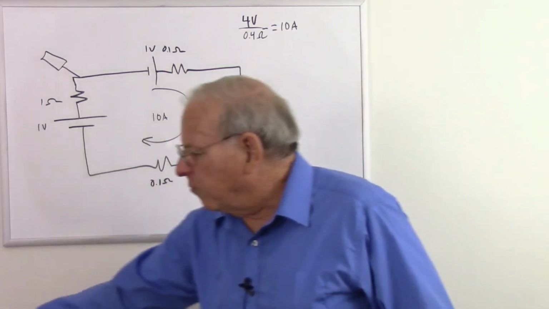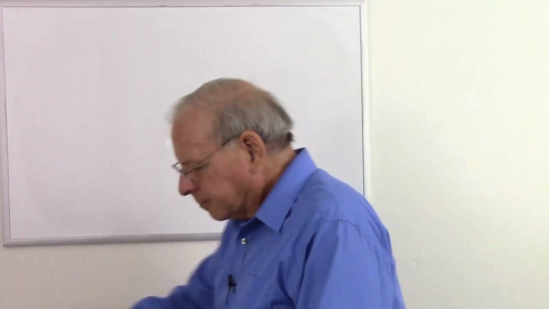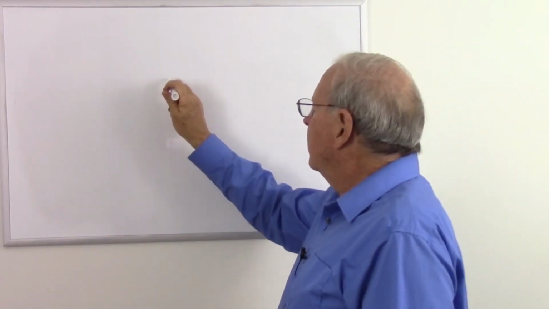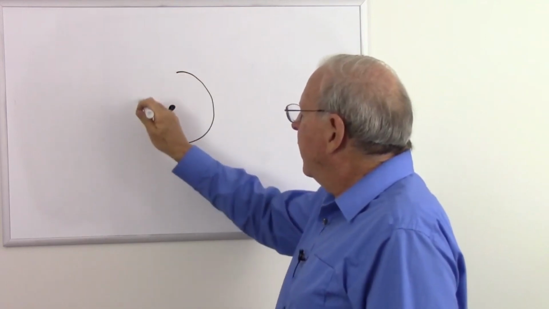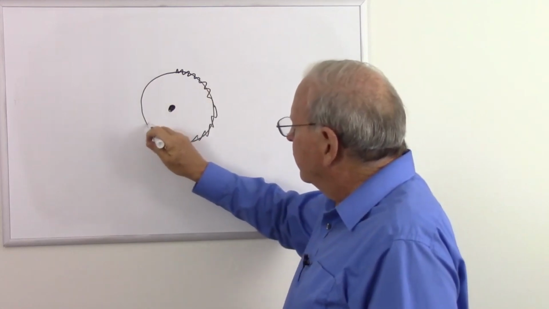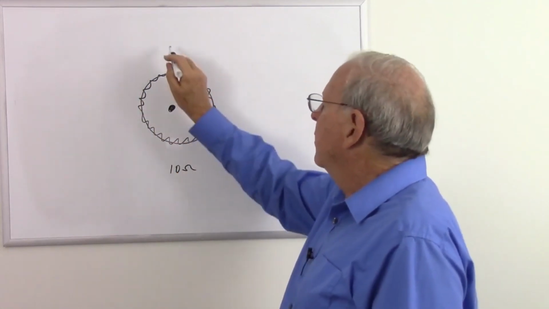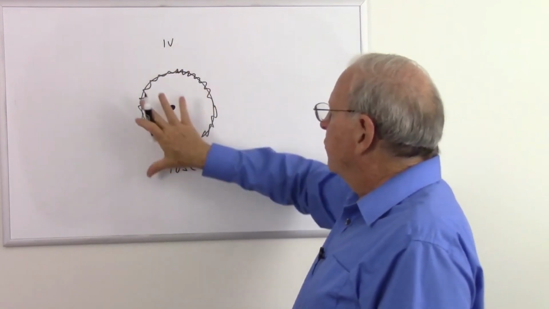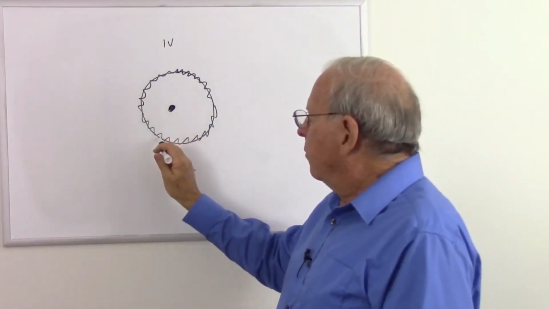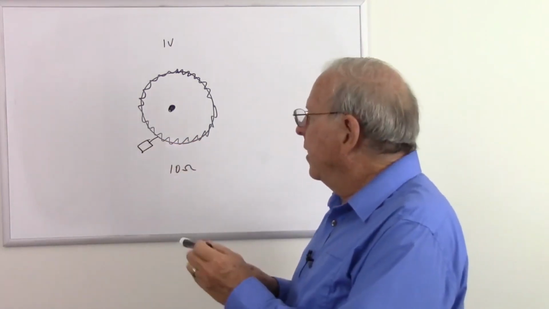Now let's go back to our loop of wire and take a look at a couple of scenarios. Here's our coil, here's our loop, and again I'm going to draw some squiggly lines on it to remind us that this has resistance. And once again we said that was 10 ohms, we'll stick with that. Total of 1 volt in the field, so there's 1 volt in the wire. Now I'm going to take a voltmeter and attach the black probe there and